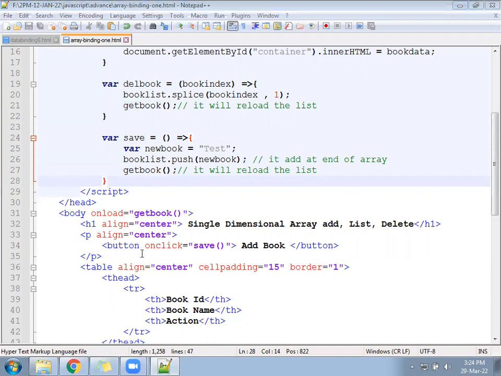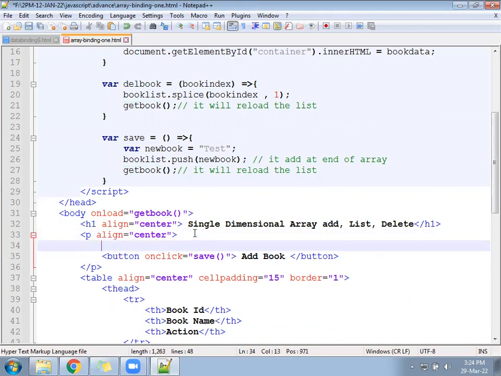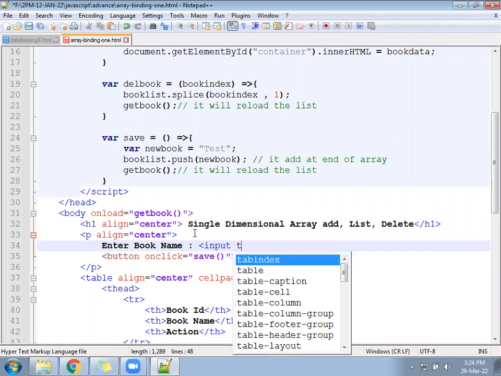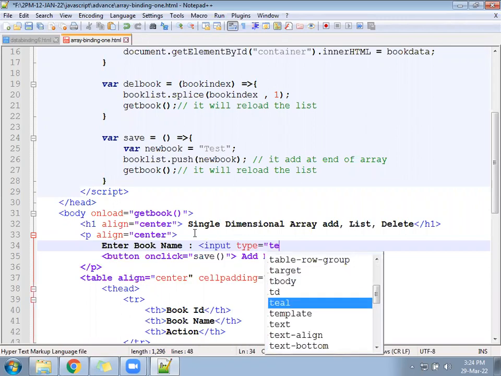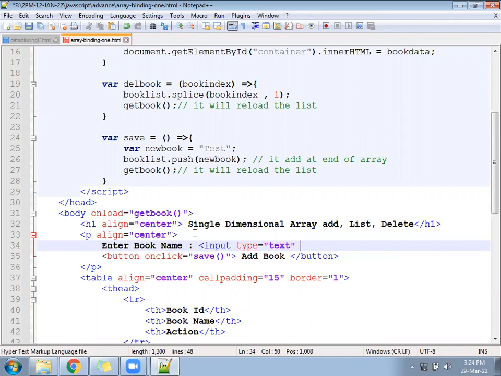In HTML, create a text box now. I say enter book name. Input type equal to text, ID equal to book name.